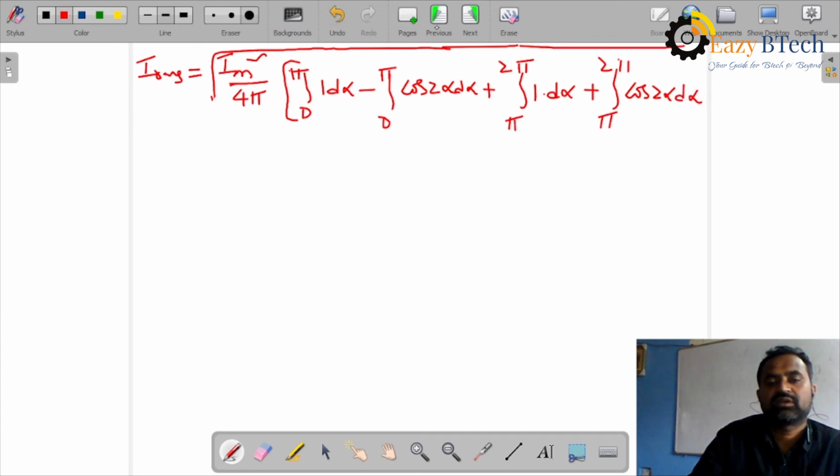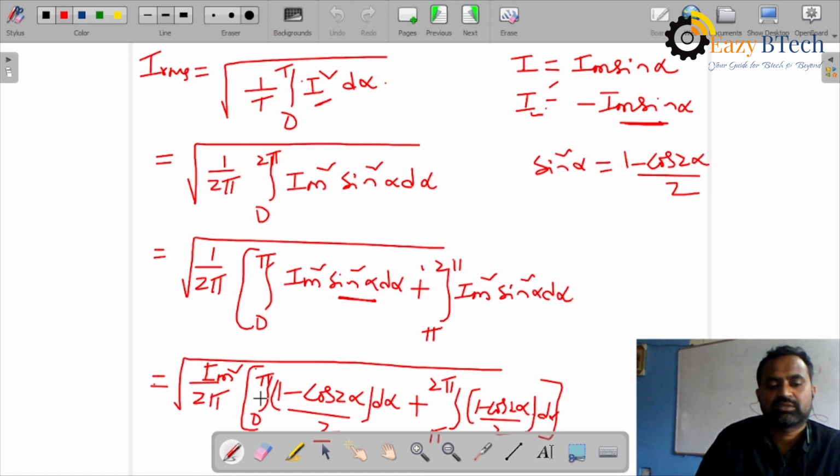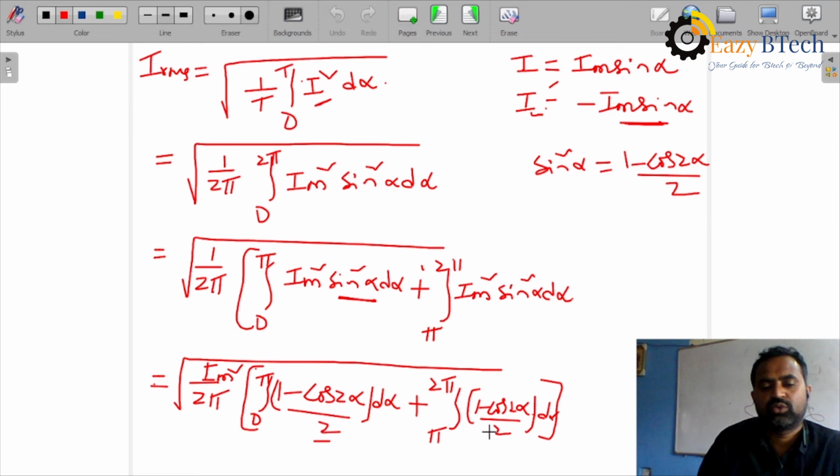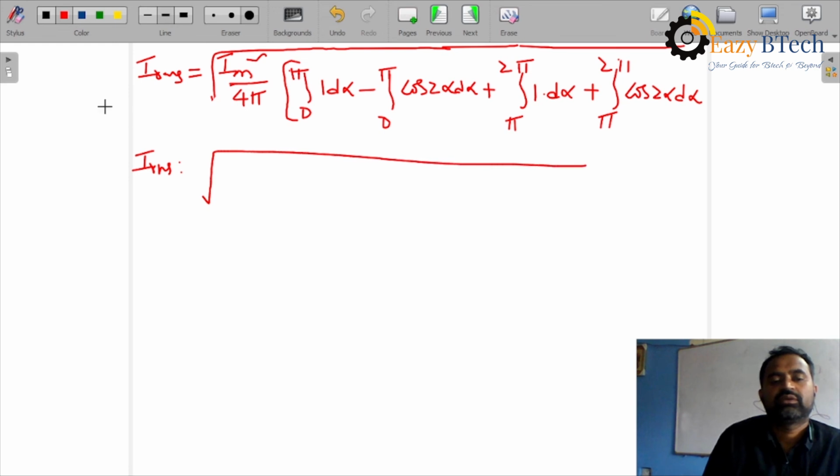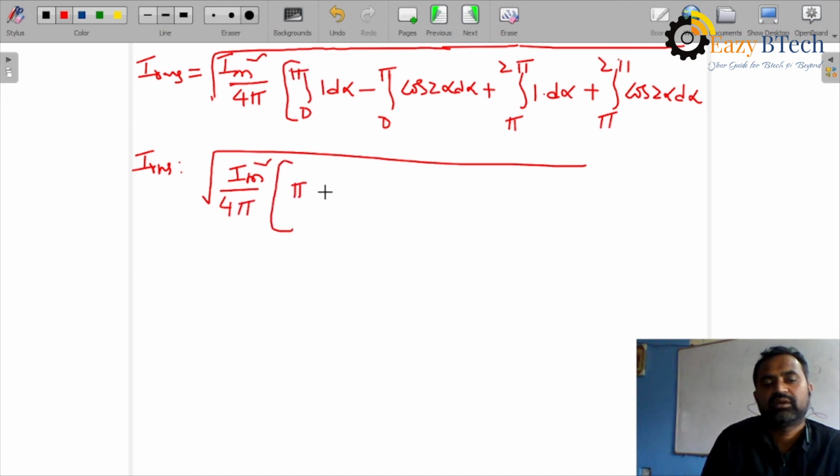From these expressions we will write Im square here 2. Here 2 will be common, we will write Im square by 4, and here integral 0 to pi 1 d alpha minus integral 0 to pi cos 2 alpha d alpha. Okay students, now we will write this IRMS is equal to under root Im square by 4 pi. Here we will write pi minus 0 is pi, minus,